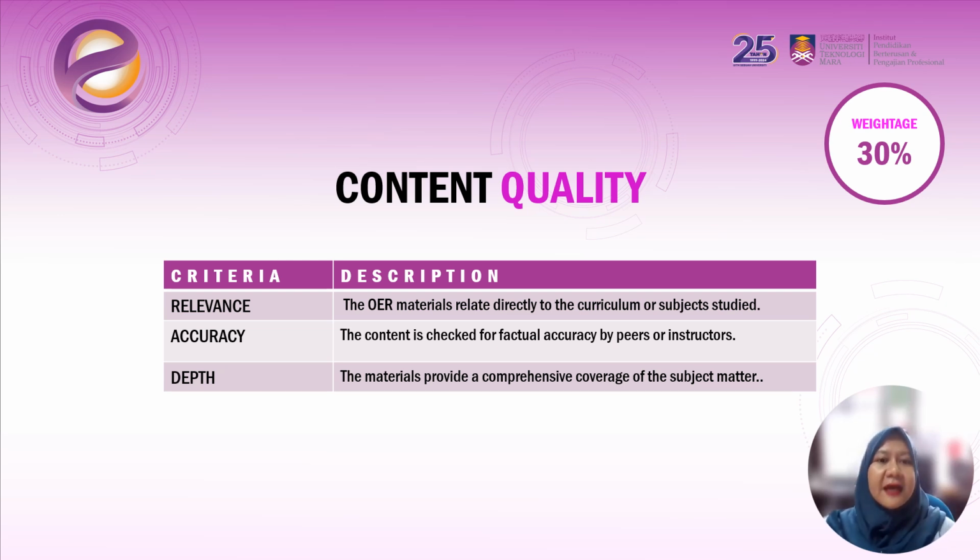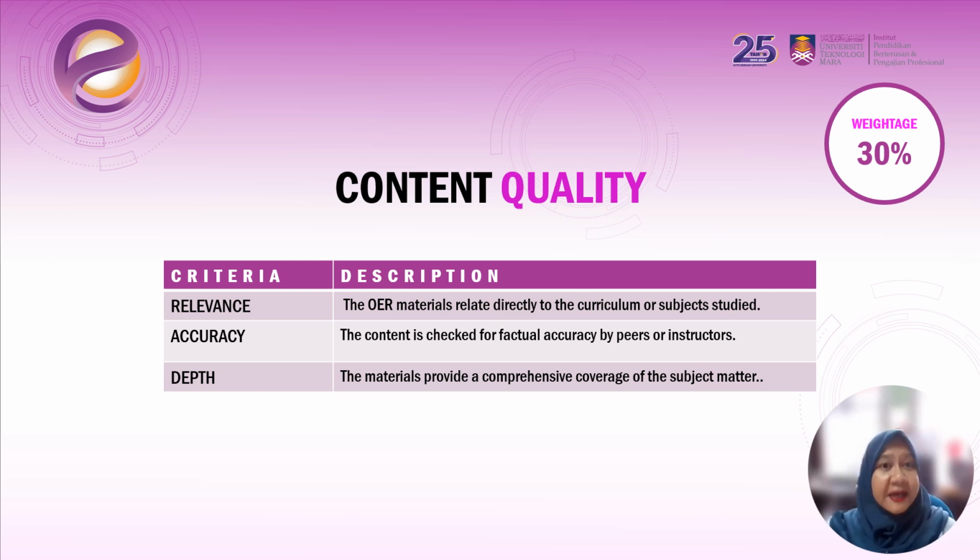Number two, we're going to look at the accuracy, right? So this is the second part. Ask questions such as, has the content been checked for factual accuracy, either by peers or by the instructors? So if there is evidence of that, you can give them marks accordingly. Now, this is especially so for younger students. You look for guided content that ensures that basically they are sharing accurate information. So you have to ask the participants regarding the accuracy of their content, right?